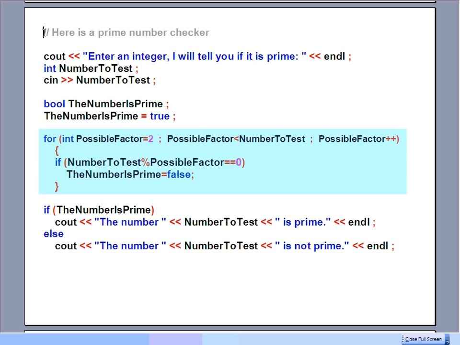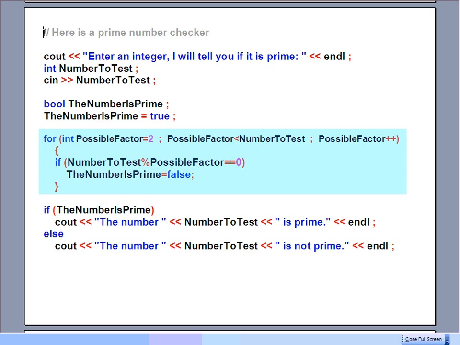So if somebody says to you, hey, 33, is it prime? Well, you start running through numbers to see if anything goes in. Does 2 go in? No, it doesn't. Does 3 go in? Oh, yeah, it does. So it's not prime. Now, we know you don't have to keep testing, but there's no harm in continuing to test and saying, does 4 go in? Does 5 go in? Does 6 go in? As long as we know that this thing's definitely not prime, because we saw 3 go into it for sure,